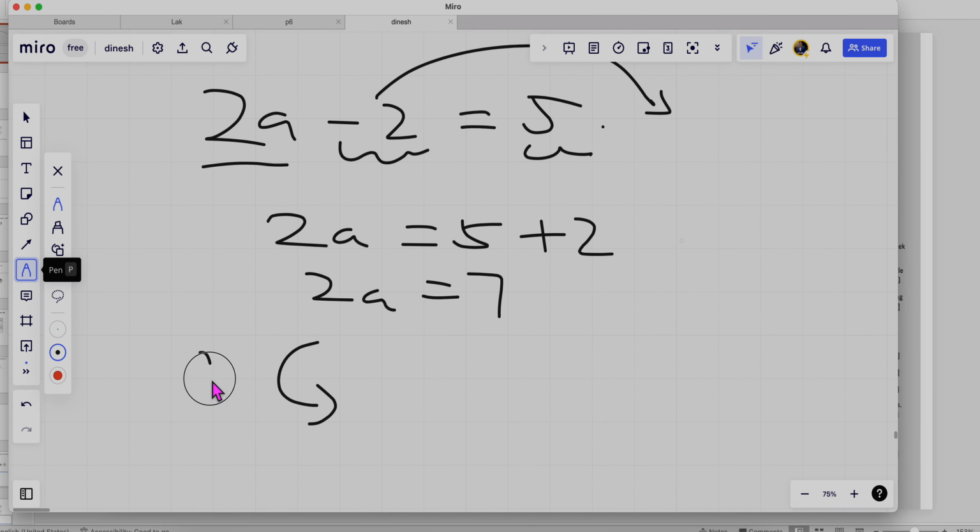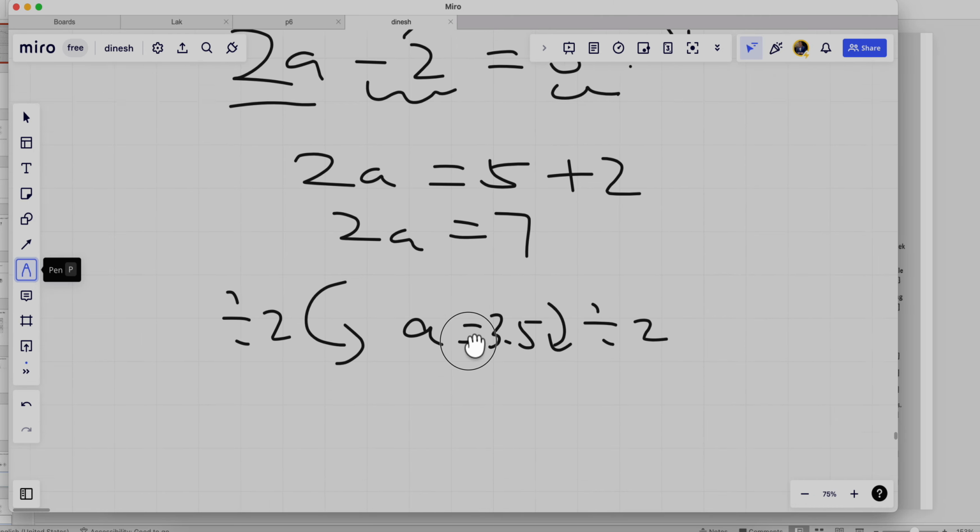And then now you divide by 2 on the left, you divide by 2 on the right, in order to balance it. So therefore in this case a is equal to 3.5. We always do this by moving it over, but your approach